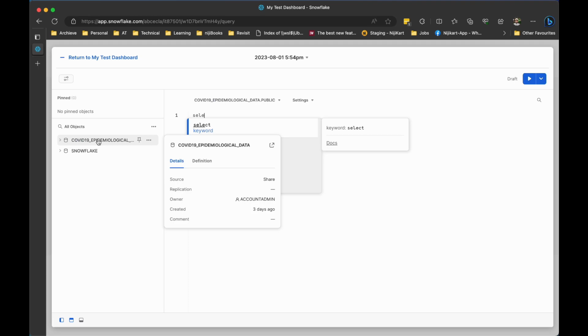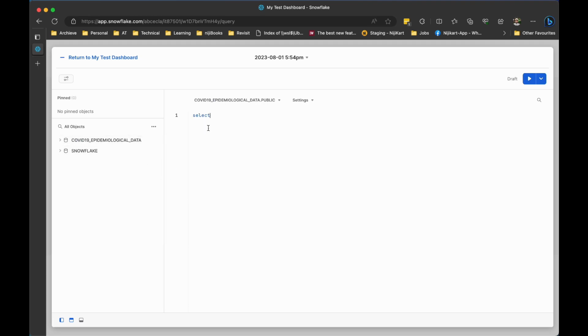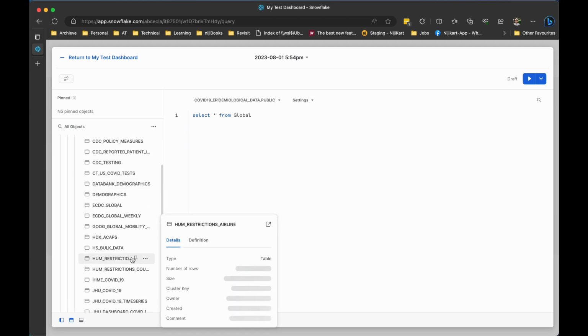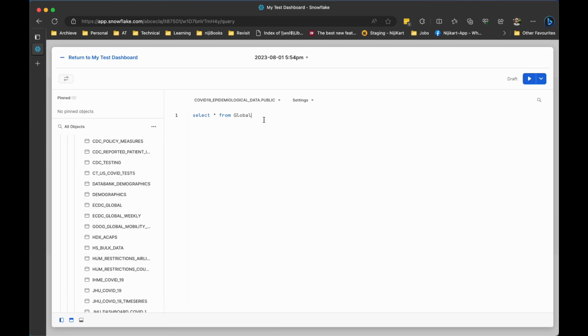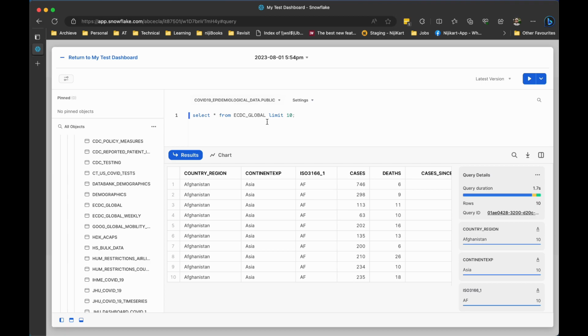Like let me select star from global, let me see what is the table name. So there are a lot of table names available in this table. It is CDC global. Okay, limit 10. Okay, so once you run this query, you will be able to see 10 records from this table,